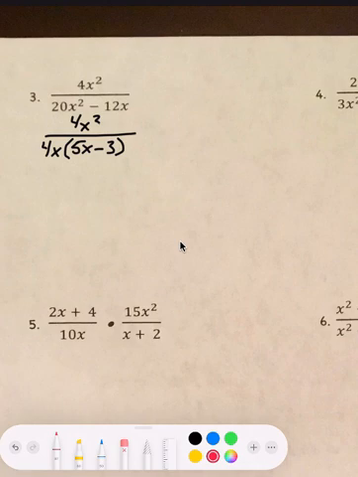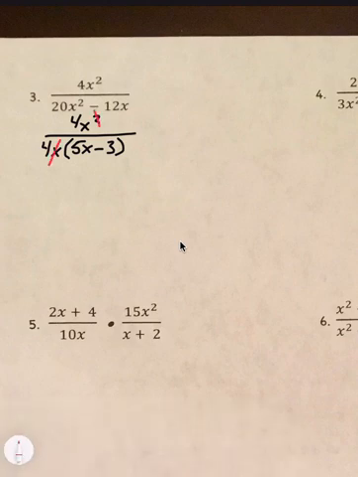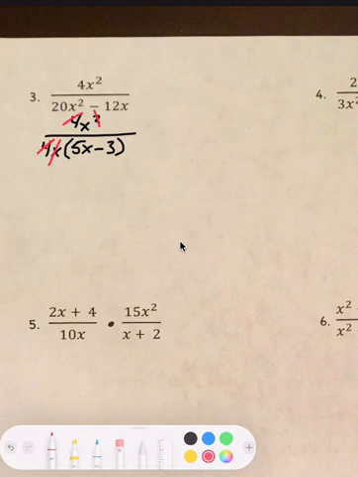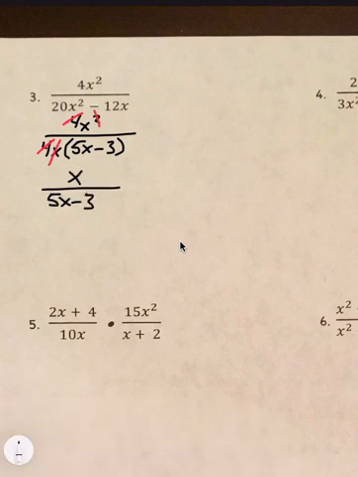Well, we can get rid of this x and get rid of the squared. We can get rid of the 4 and the 4. And so then we're left with x over 5x minus 3, and x cannot be equal to 0, and when 5x minus 3 equals 0,